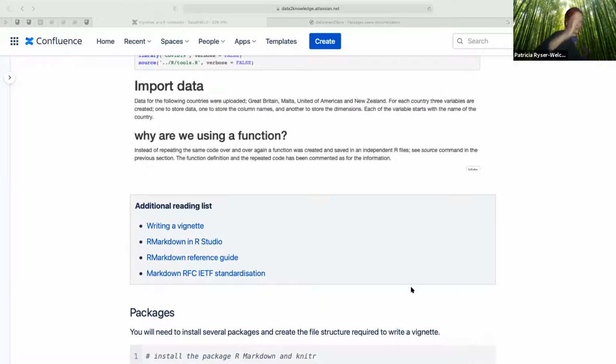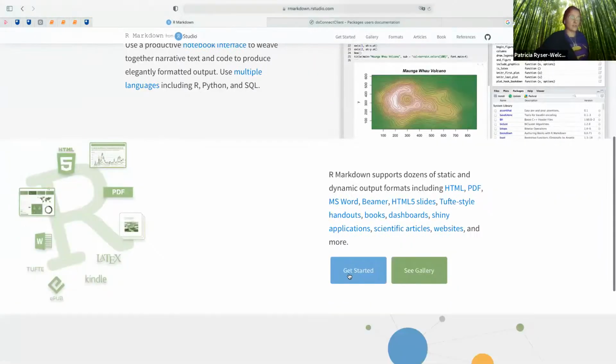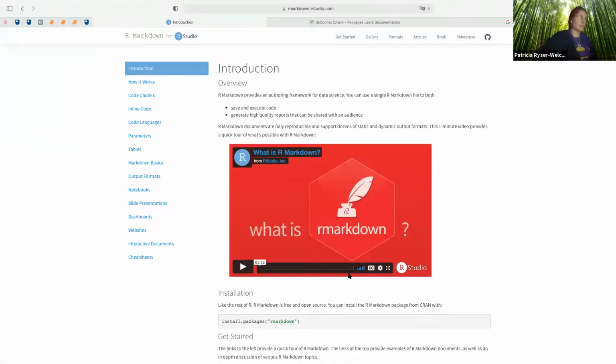So let's have a look at what we can do with this R Markdown in RStudio. And I found some fabulous examples in this link. So instead of reinventing the wheel, I'm going to reuse the examples. So if you wish, you can watch a video that introduces the way they work. But first, let's have a look